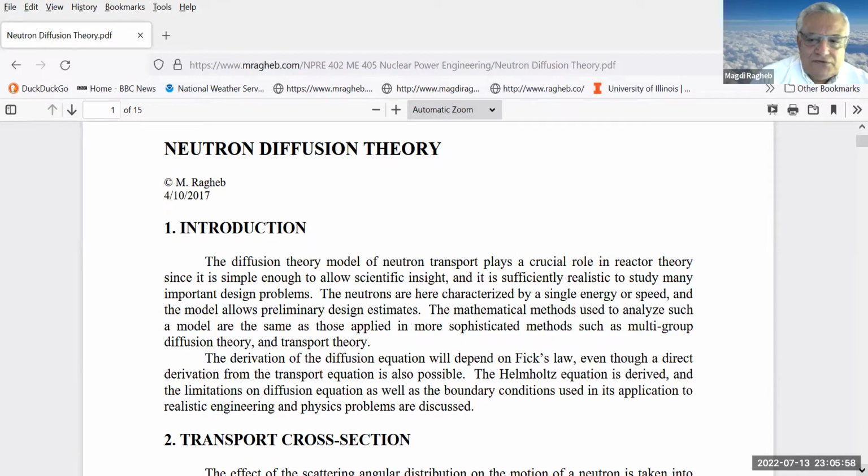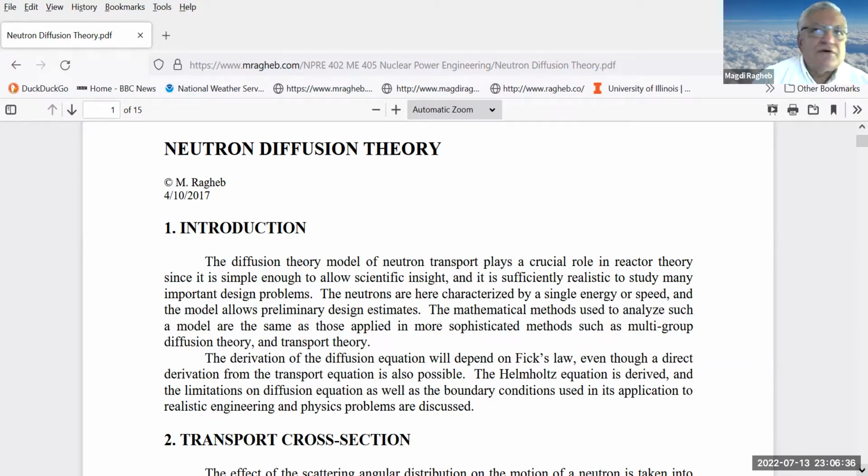So what we would like to do is derive an equation that describes how neutrons interact with media. And the interesting aspect of neutrons interacting with media is that when they are in thermal equilibrium, not when they are fast neutrons, when they are in thermal equilibrium with a moderator, and that's what exists in existing power plants that are moderated with water or heavy water or beryllium or graphite, they act in the same way as any